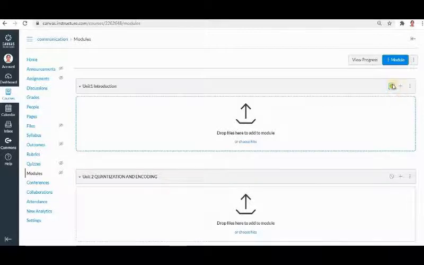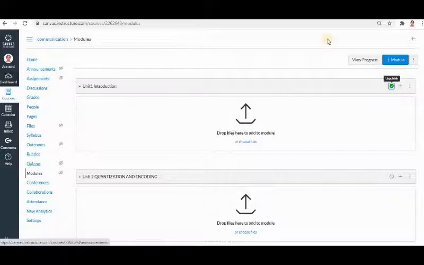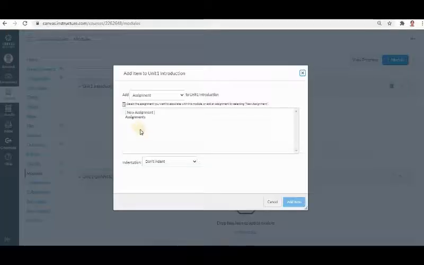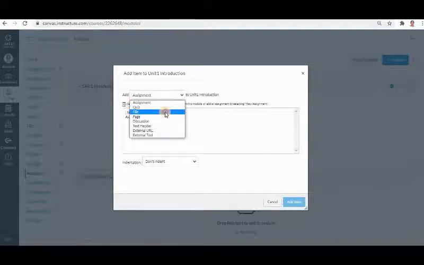So you have to publish this three times. One is in the dashboard, the course publish, and the modules publish, and individual module. If you want to add some content, that has to be published. If these three options are checked, then only it will be visible to the student. Click this option. If you want to add a page, you can add it as a file also.